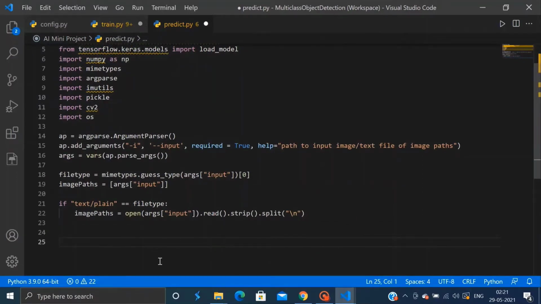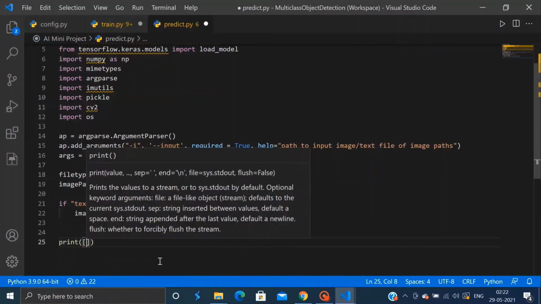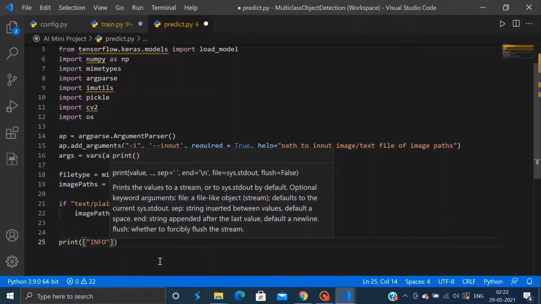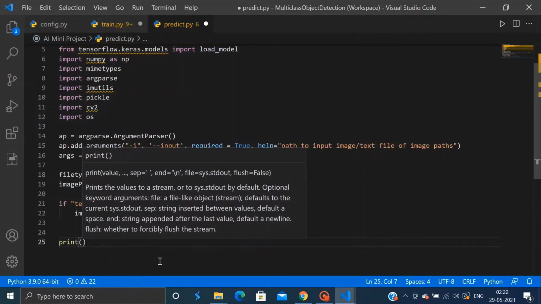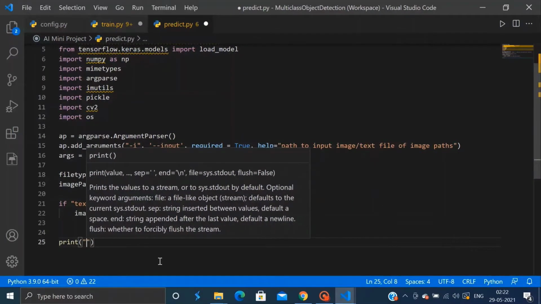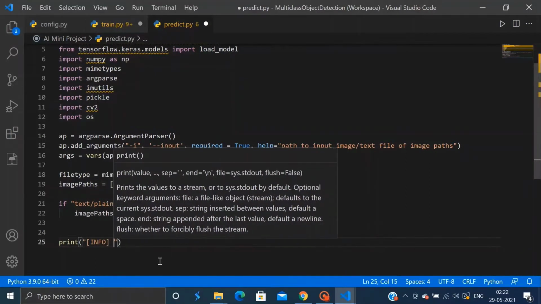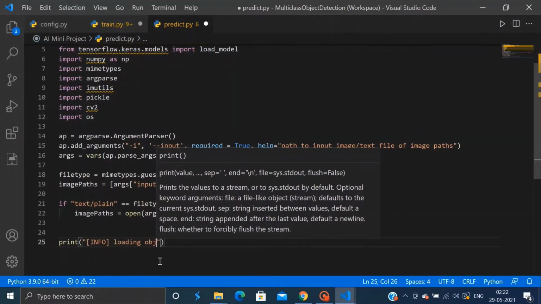After this, we will load our object detector and label binarizer from the disk. Before we do that, let's print an info statement, which will say loading object detector.